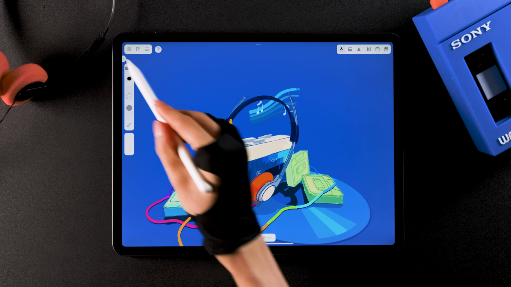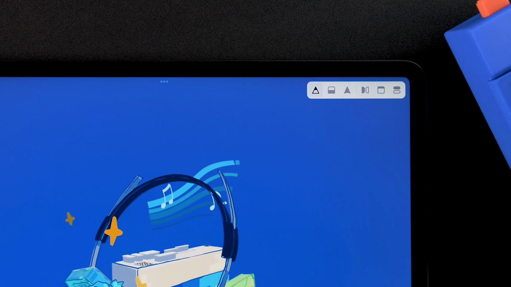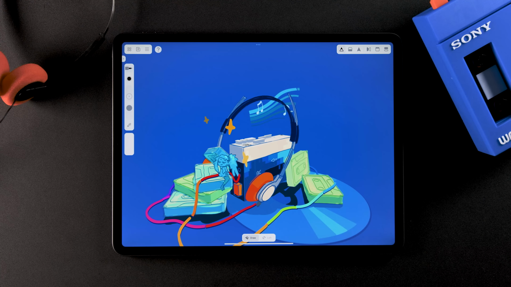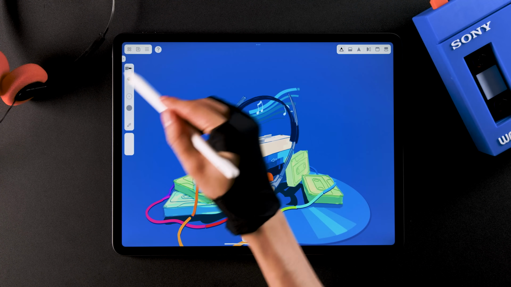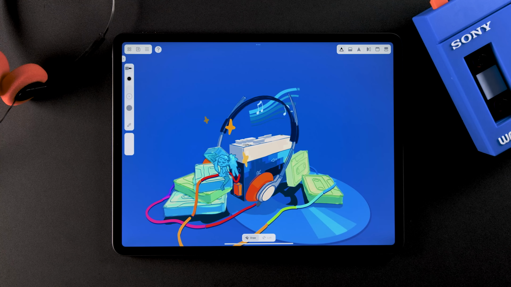You'll see some icons on the top side. The top left side is the System menu. The menu on the right side is the Tool menu where most of the creative features exist. You can control brush options on the left side and undo or redo your actions from the History panel.